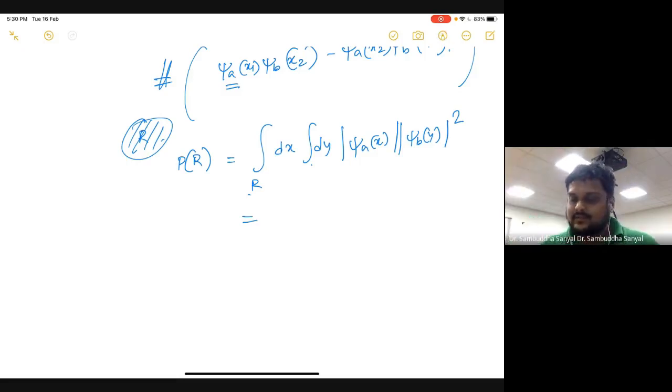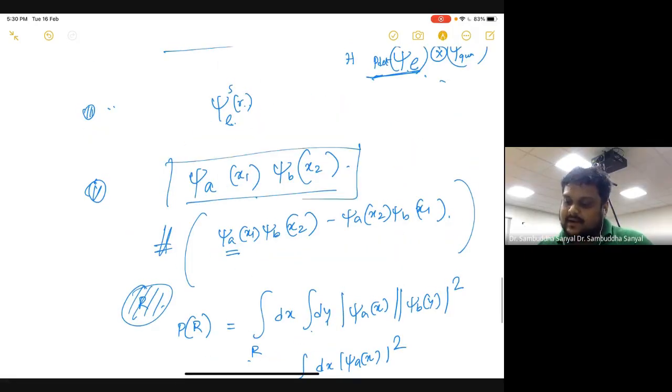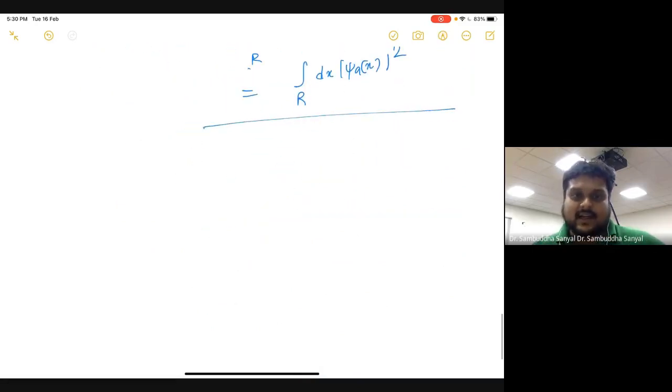So in principle, in 3D I can write it like that, or not two dimensions, I can say all the coordinates of all other electrons except that electron which I want to see where it is located. What is the probability that it is located in the region R? So it will be the integral over R dx of mod psi a x square. This will be the case if the electrons had a wave function like this, but the electrons have a wave function like this. So for that I have to calculate this quantity, with some normalization. If it is 1 by root 2, it will be 2.